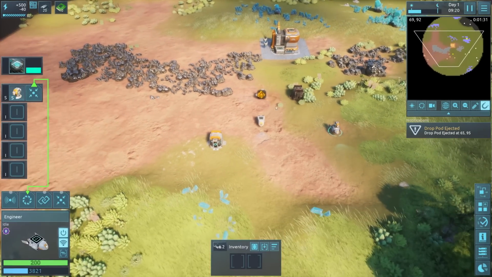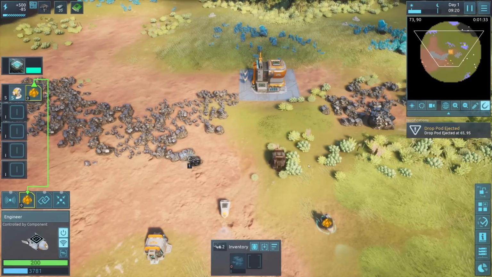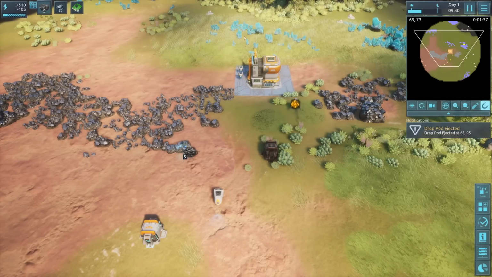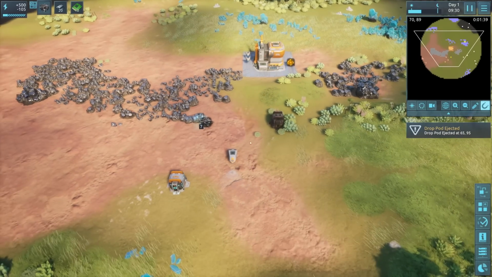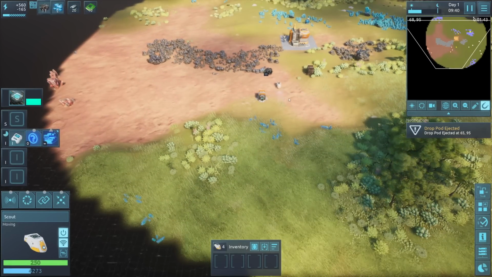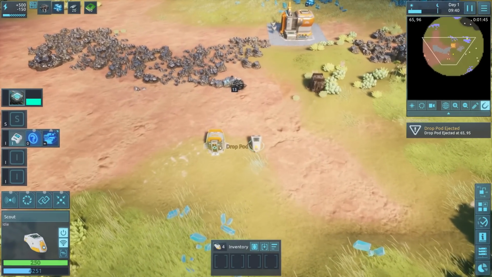go and mine the metal ore over there, and we'll get you to go and mine the crystal chunks. These are the 2 fundamental resources in this game, and we need to make sure that we're extracting as many as we possibly can. The scout we are going to use for exploring, but first, we're actually going to do a little bit of